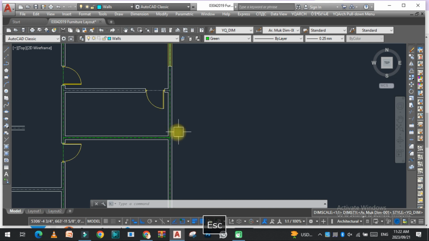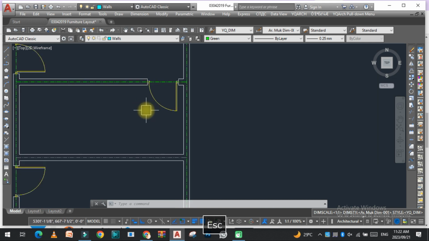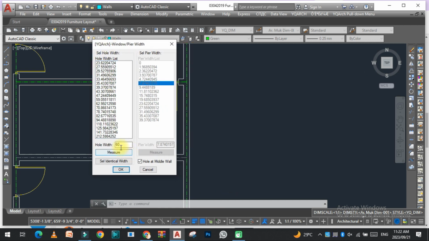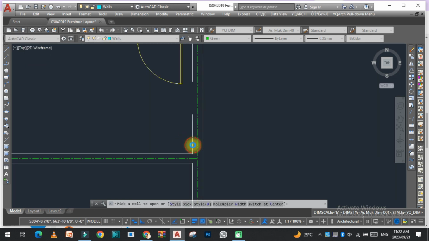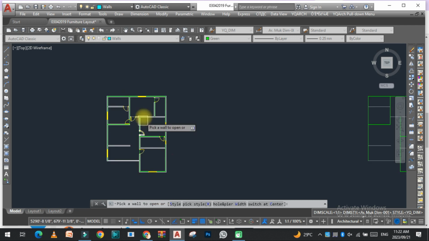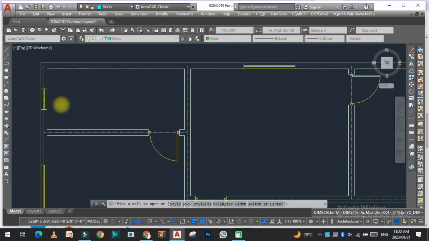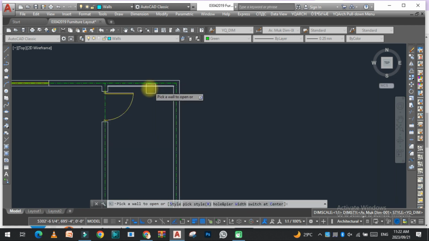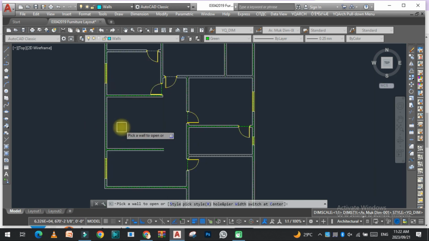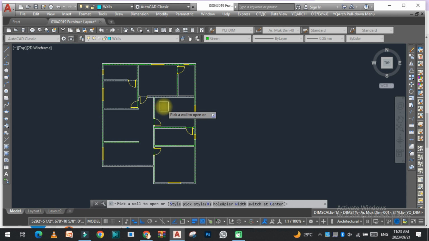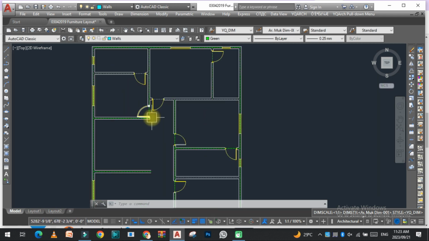And for the ventilator, we need to type AW. Select the width. Width should be 24 inches. Okay. And one should be here. One should be here. So as you can see, I already placed the windows and doors, and now we just need to place the